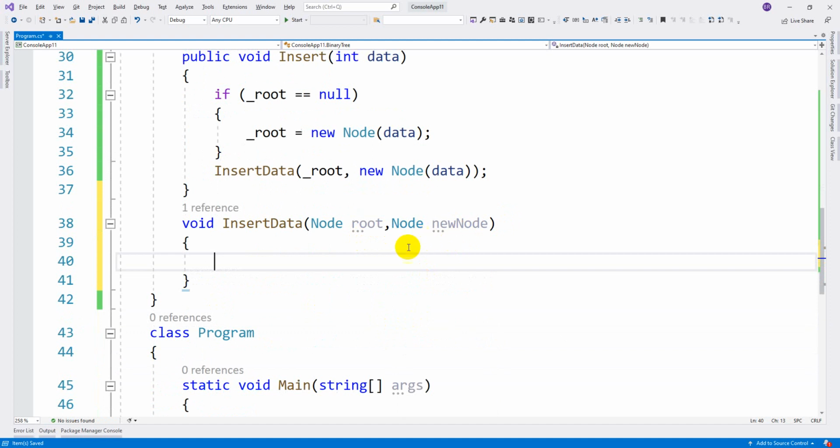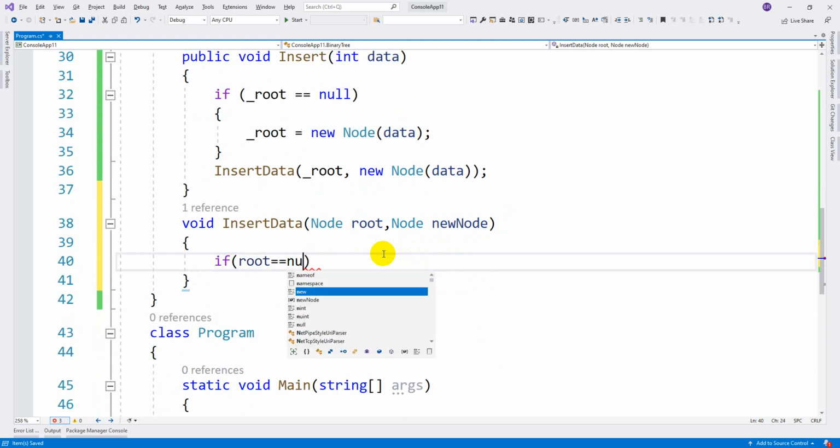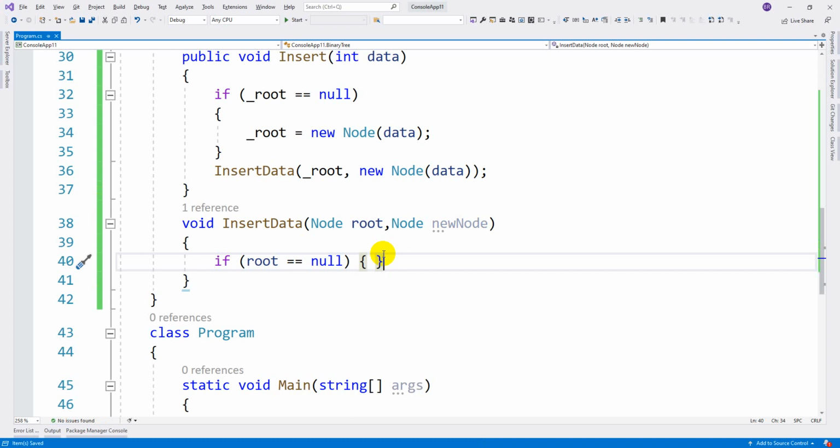So again here you need to check if root equal to null. If in the tree there is no node, then assign root equal to new node. So when root is empty, when there are no elements in the tree, then assign the current node as the root.